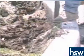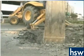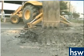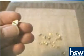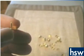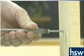A shovel is a wedge designed to cut into the ground. This backhoe has wedges on the teeth that are used to cut into the ground. A thumbtack has a wedge. It is sharp, so it can poke through things easily. The other end of the tack has a large surface, so you can push it in easily. A screw, like a nail, has a tip that has a wedge for cutting. This allows the screw to be turned into wood or